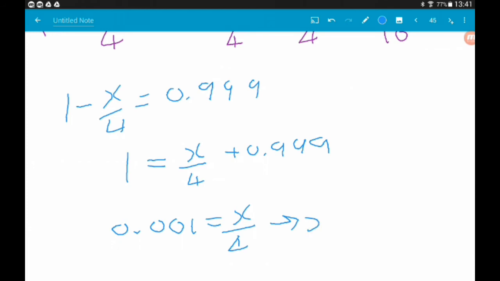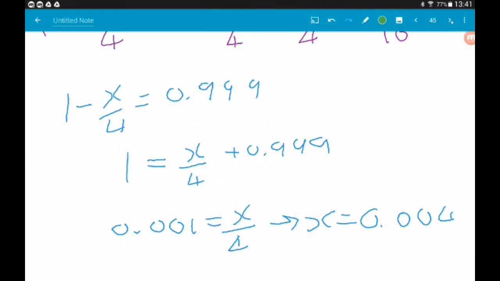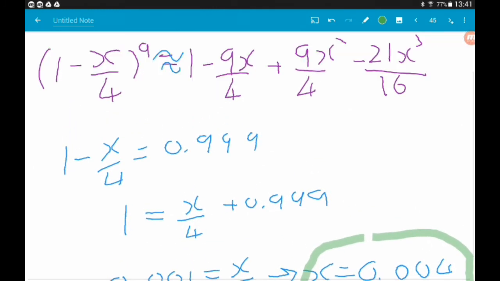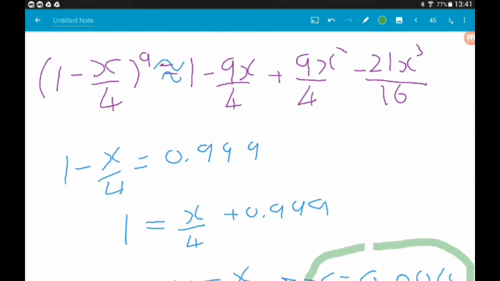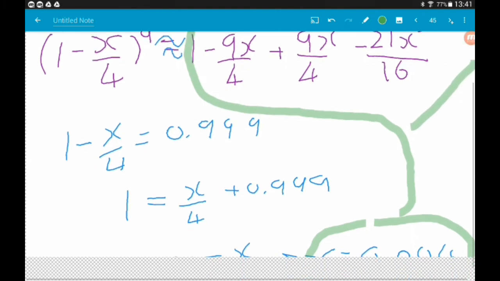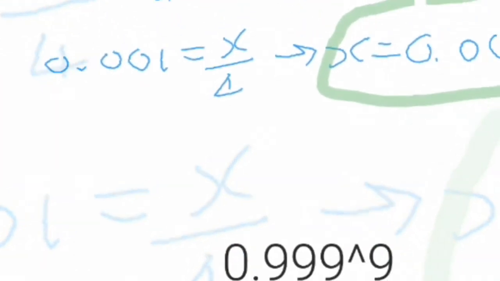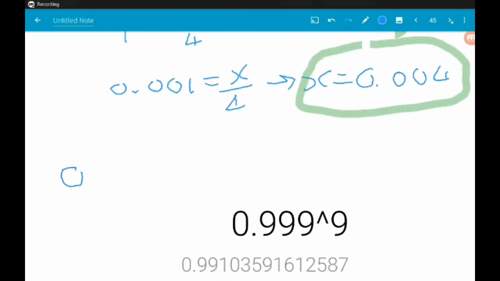Therefore, x is 0.004. So, now the mission is just to substitute that value of x into the really lovely expansion up there. Do that, make sure that you get, for our approximation, we should get